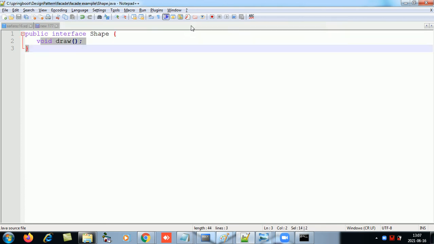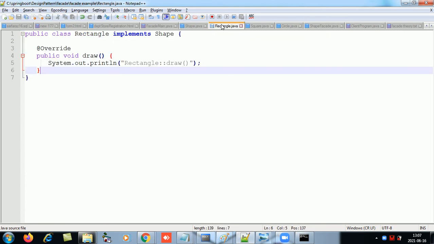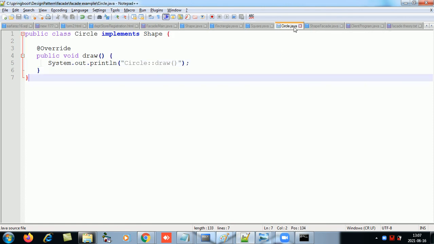So you have a high level interface, you have classes which implement that interface, so that forms a subsystem. These four, the interface and the classes which are implementing the interface, form the subsystem.